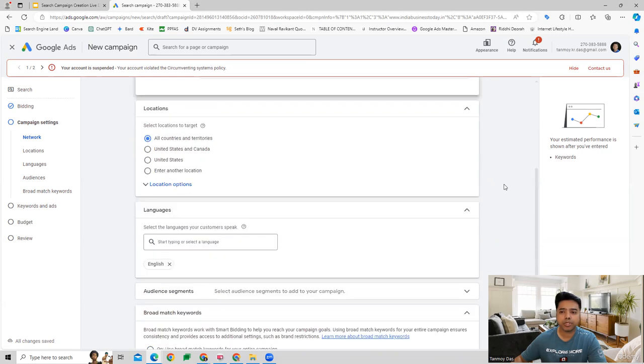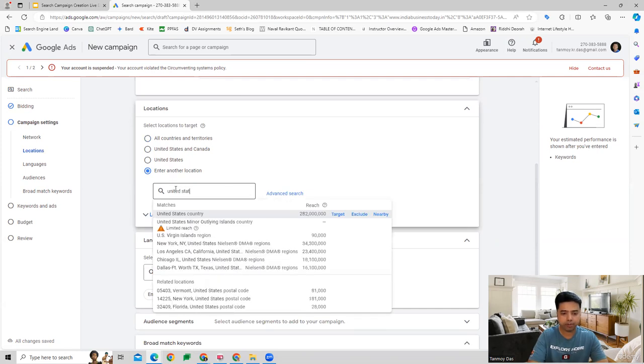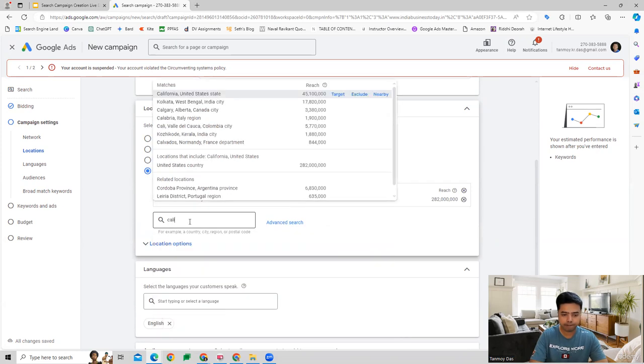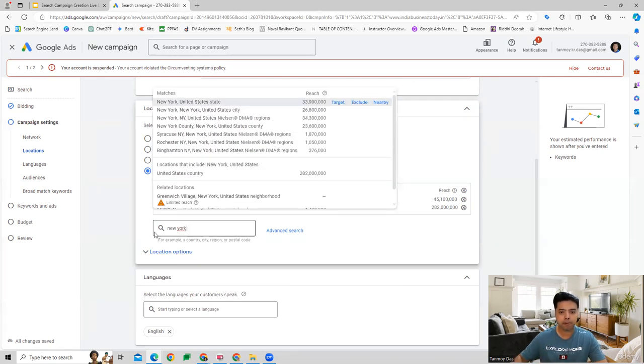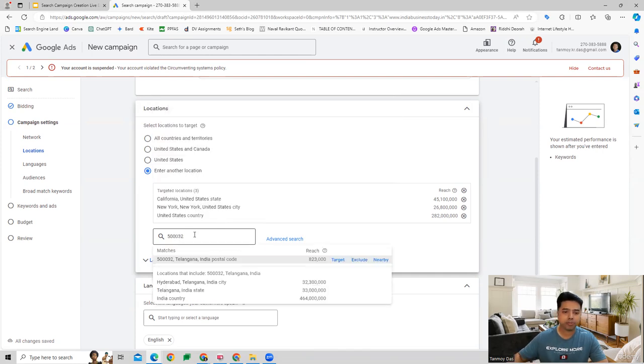Then comes location targeting. In location targeting, there are various ways of targeting locations out here. So we can start with, let's say, country targeting, which we can do straightforward, which can be done in this manner. You can also do a state level. You can do a city as well. In this manner, and you can also do radius targeting, which is also possible out here in this particular way,